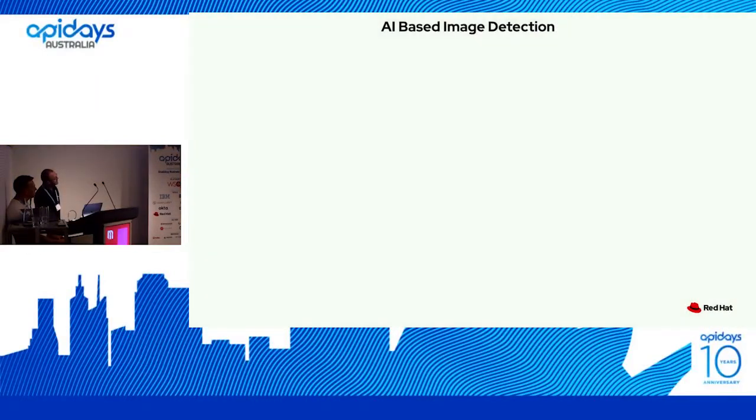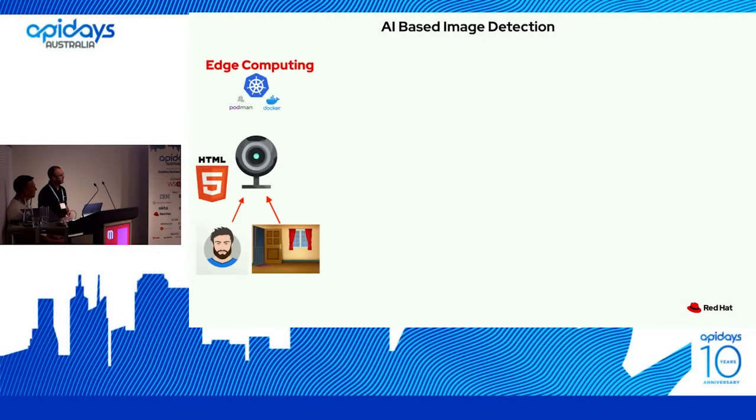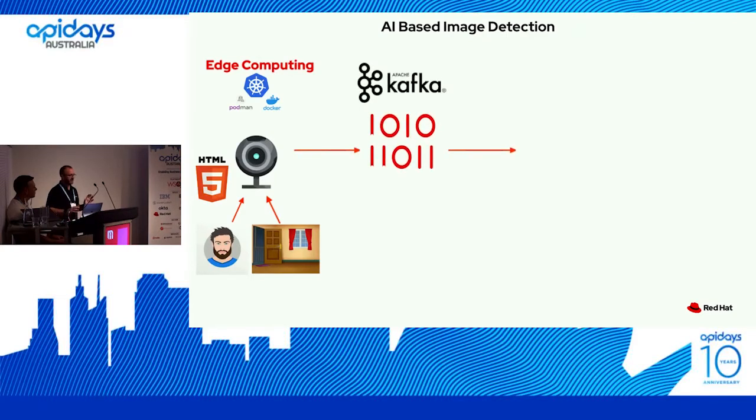So now what we're going to do is start to drill into the individual components of the demo. As you can see, we're going to be feeding in images into the webcam that we're interested in, either person or anything else we'll call background. This is a lightweight Node.js application that's running in a container. In our case, it's running on Kubernetes at the edge. Then that Node.js application is going to fire up the images via Kafka, cloud-based Kafka,